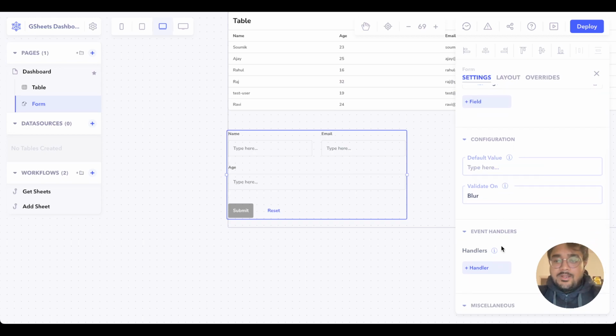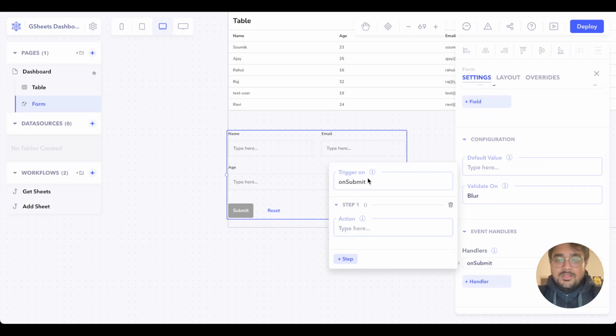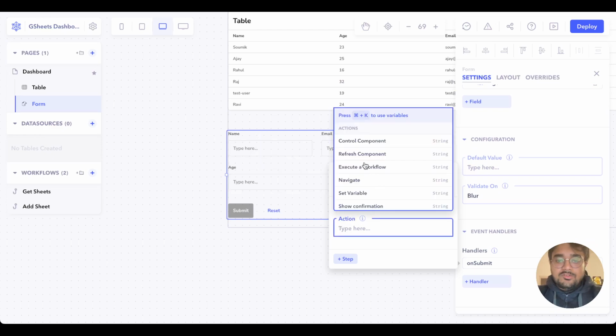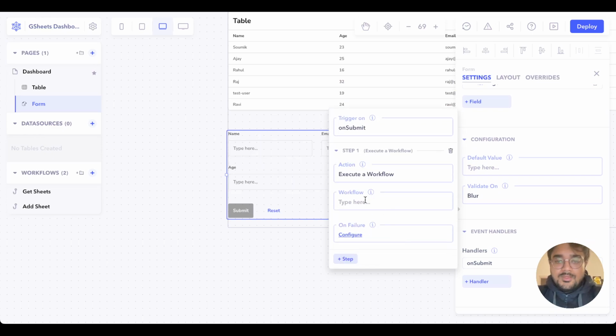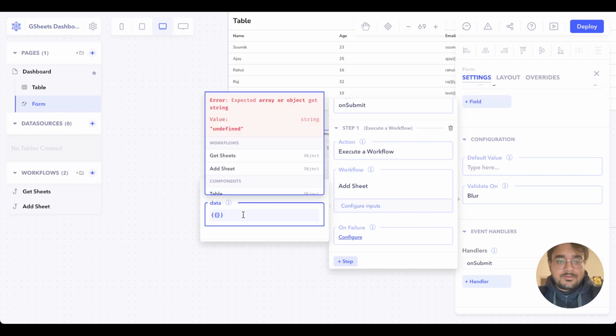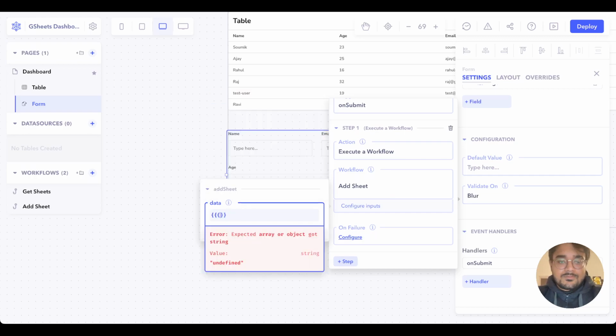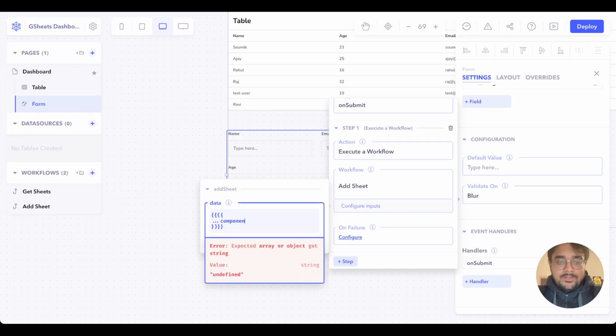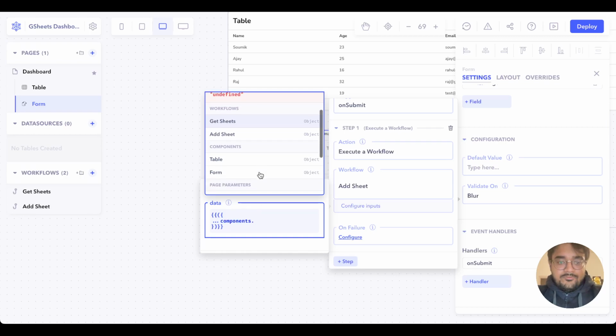So now let's create a handler. So it will trigger on submit for the form, and the action is going to be execute a workflow. And the workflow that we want to execute is add sheet. So if we just configure the input and we want to get all the values from the form,